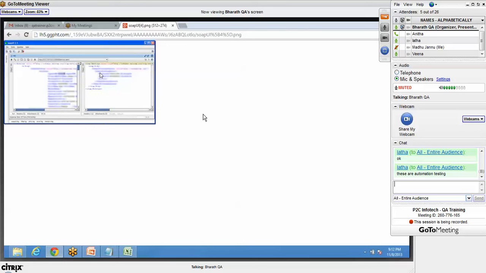XML files are very easily readable, because you have different elements and you have the defined structure as well. So by looking at the XML file, we can easily understand its structure. So we will see what is written in the request file and what should be the response. If the response is exactly what we are expecting, then the web service is working fine. Otherwise we have to